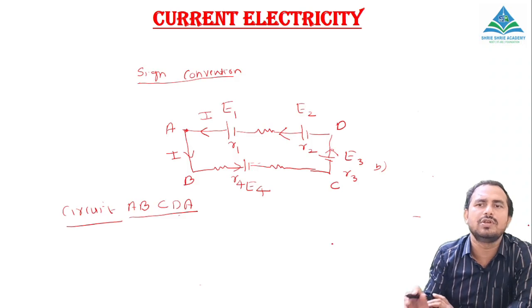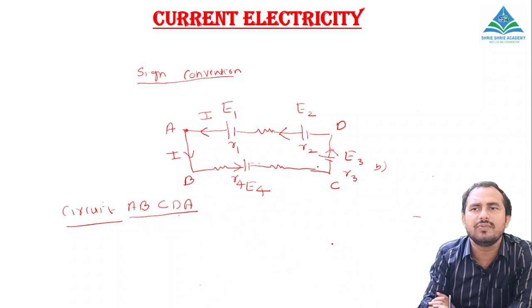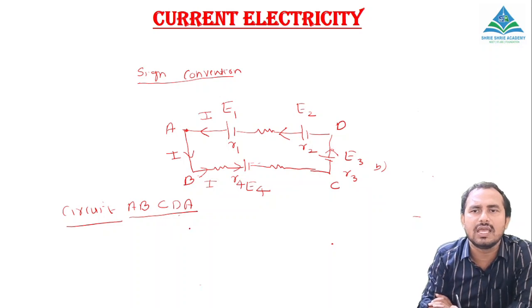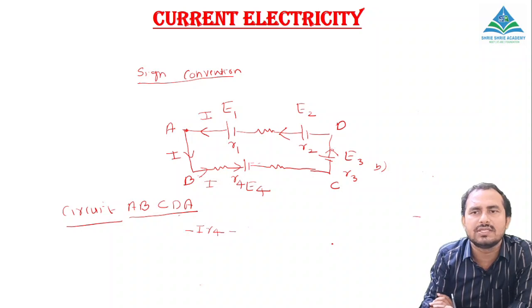So we are going towards B in this one. When we are going from A to B and B to C, then when you are going here, the current is actually I only here. When you are going in the direction of current, we said IR should be taken as negative. So you will take minus IR4, right? Now here this is your positive terminal and this is your negative terminal. I told you, when you are going from positive to negative terminal, the EMF of the battery is taken as negative,